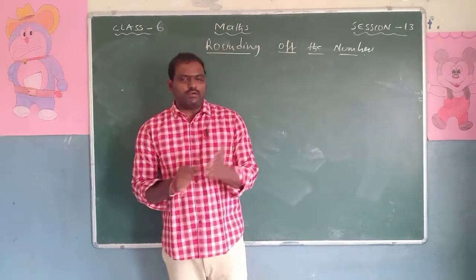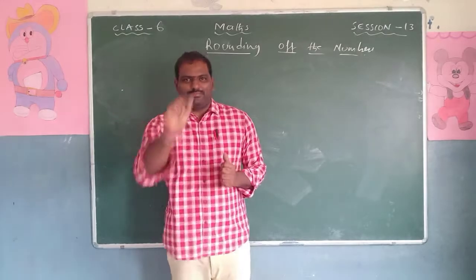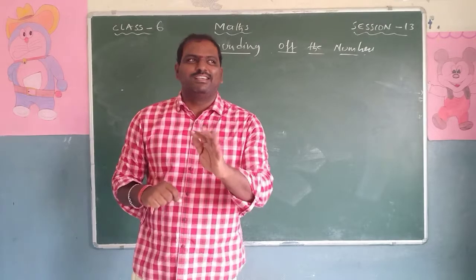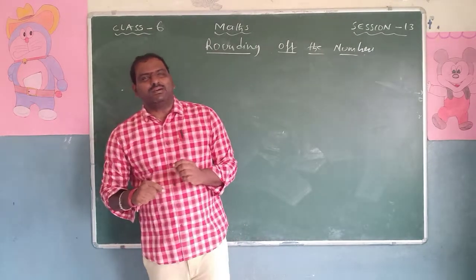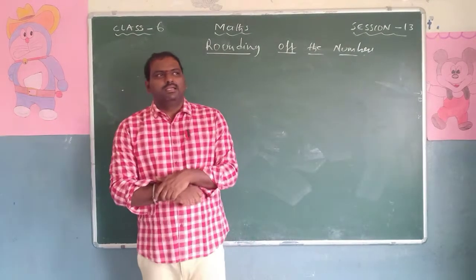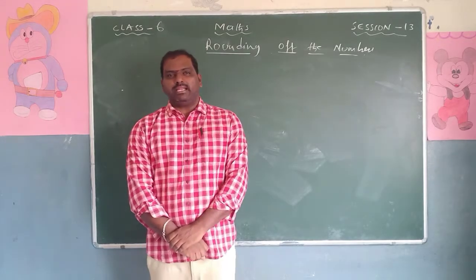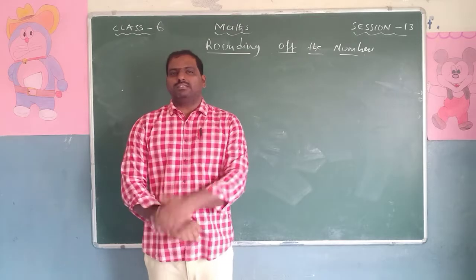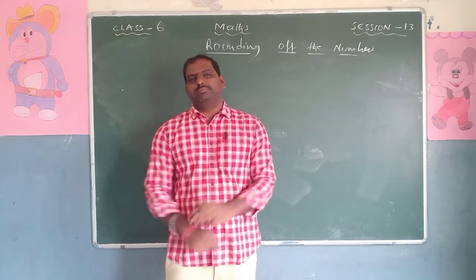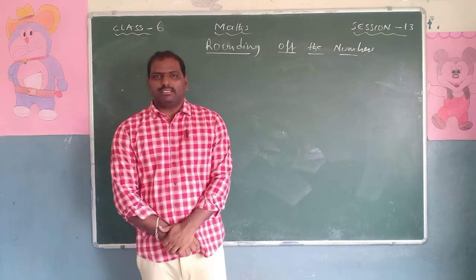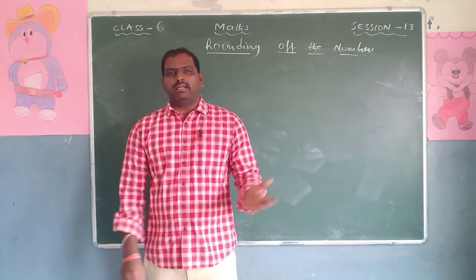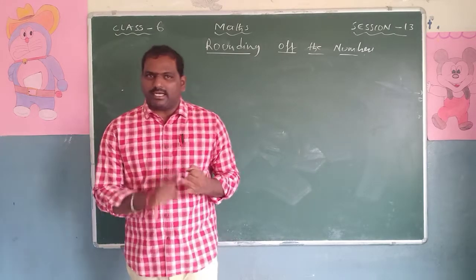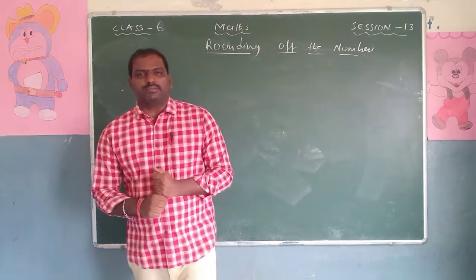So what do you mean by rounding of numbers? Generally, people think round means taking a number and rounding it off. That is not correct. Rounding of numbers means we have to write the nearest tens, nearest hundreds, nearest thousands or nearest 10,000s. First I will explain how to write the nearest tens, then nearest hundreds, then we will go for one exercise also. Right?